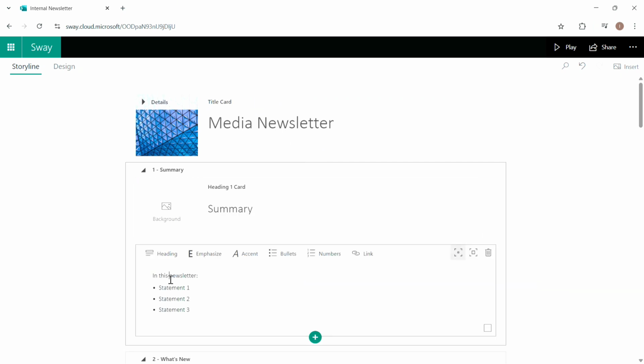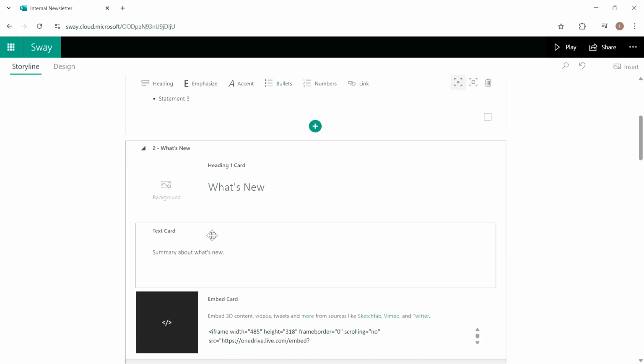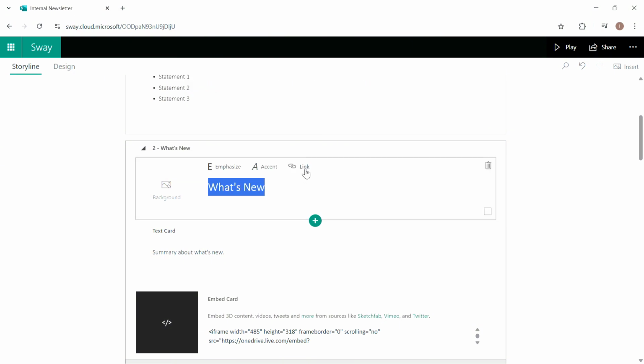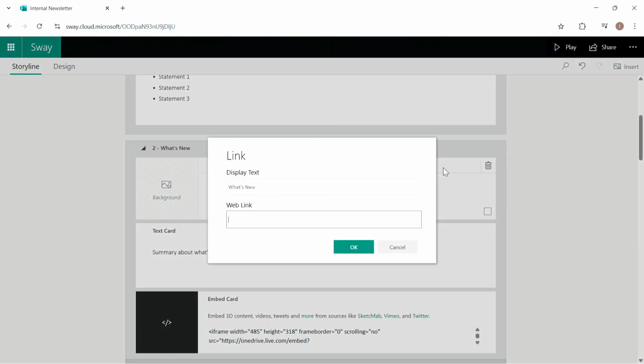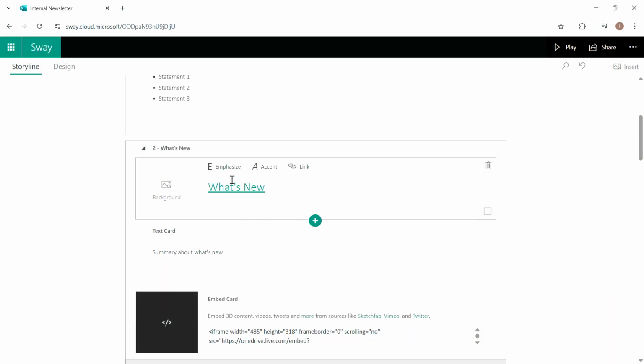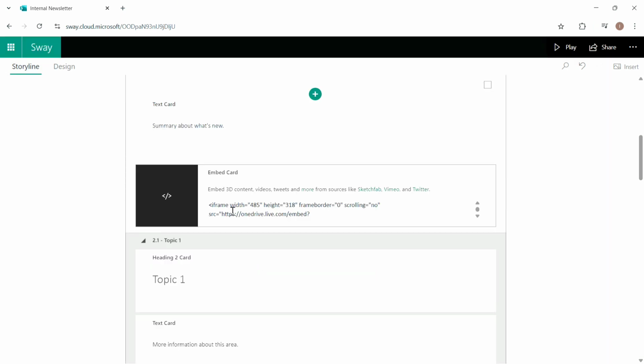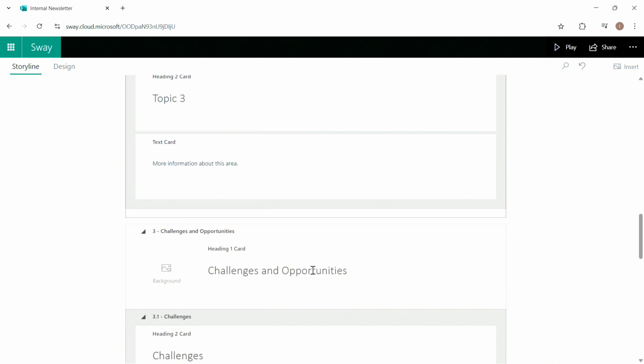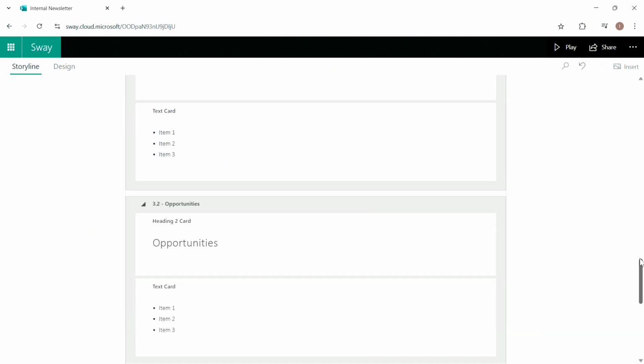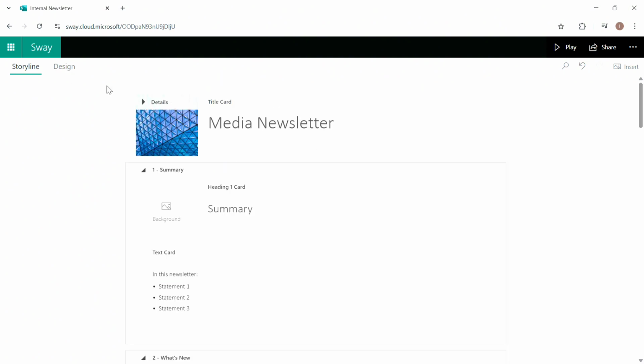And then you can view how this looks by clicking on the design tab. So go ahead and enter all of the information that you need to enter into the section. You can also link text on Microsoft's Sway. So once you're done, you can go ahead and proceed on clicking on the play to view how this looks